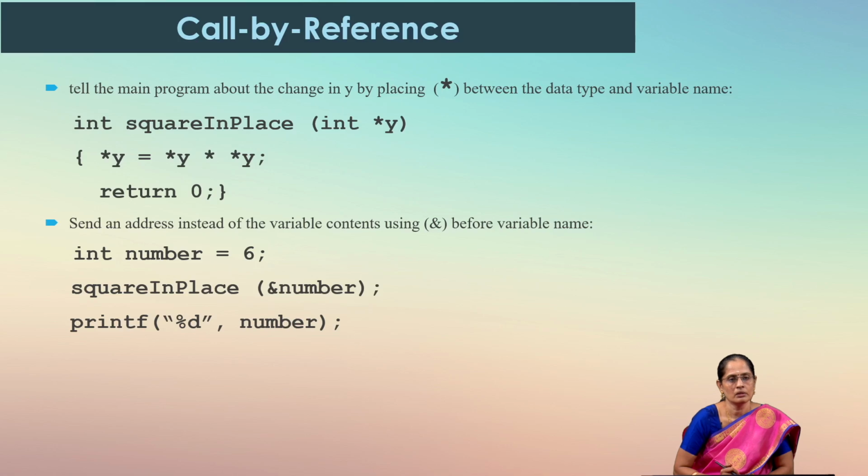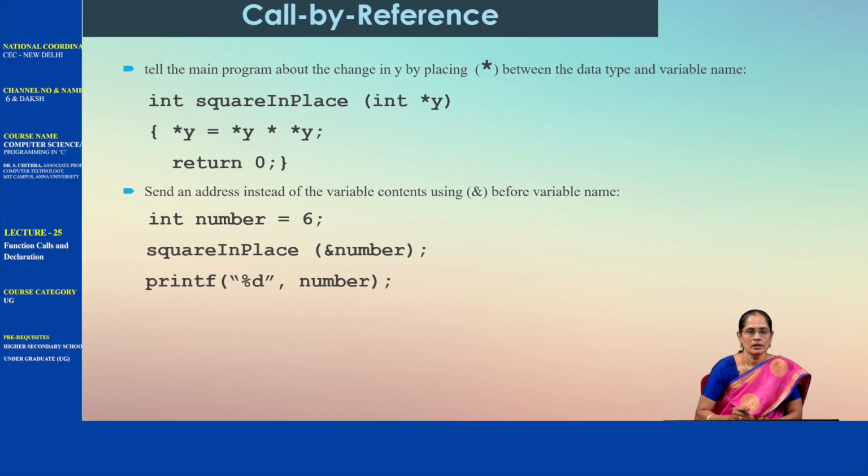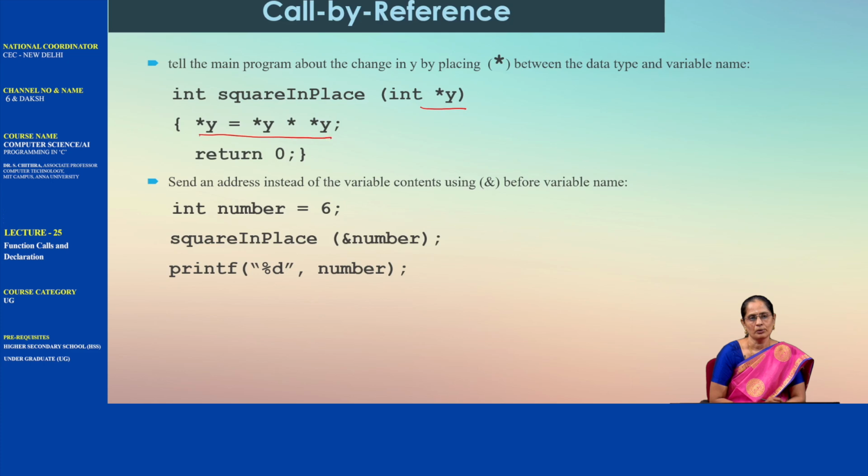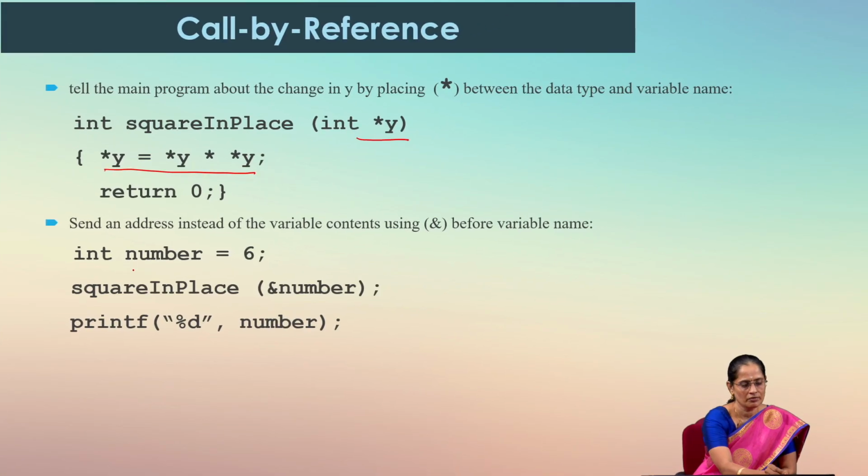We will see it with an example. So, what do we do here? We are defining a function the same way. Instead of the int variable, we are passing a pointer to the function, and here we can see that we are updating the formal argument's value with respect to a location. Let us assume that we use a main function. In the main function we declare a variable called number and we pass the address of number instead of the number. So, what happens in this case? The address of number will be passed on to the pointer. So, here we are passing the address,